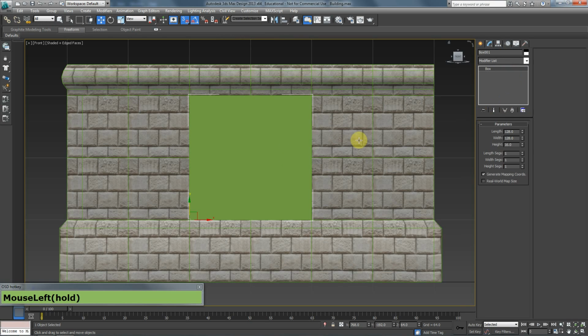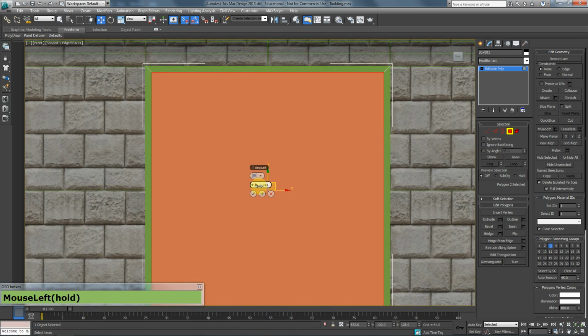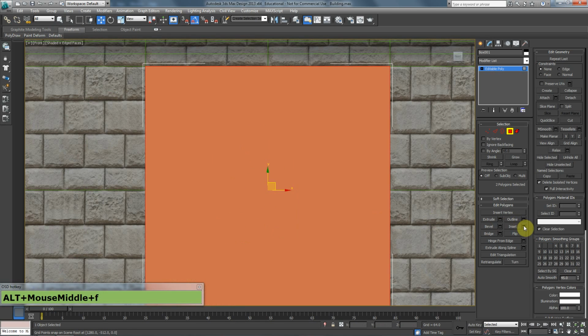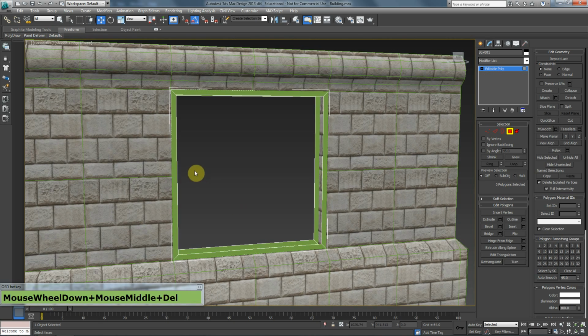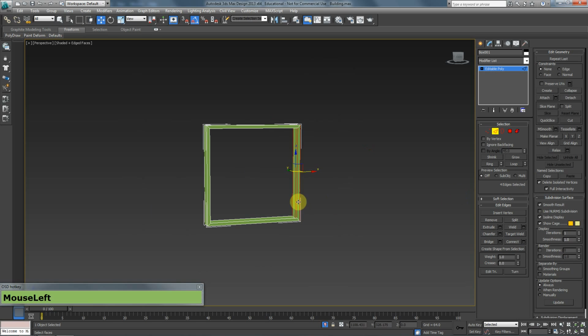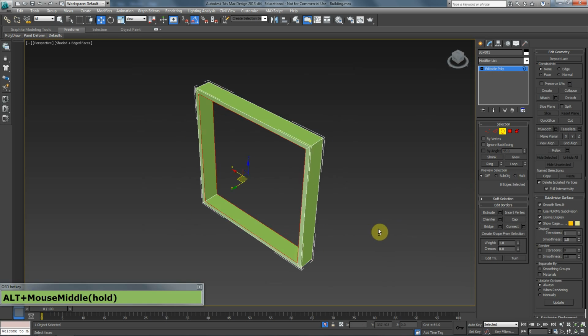window. So what I want to do is convert this to editable poly, select one side. I'm going to inset it first, but I'm going to give it that much inset. Actually, I should be selecting both sides. I'm going to turn my snap off for now. Inset, I'm going to give it that much inset, and then what I'm going to do is delete these two polygons, and I'm going to actually isolate it, right click isolate, and I'm going to click the two borders and say bridge, and